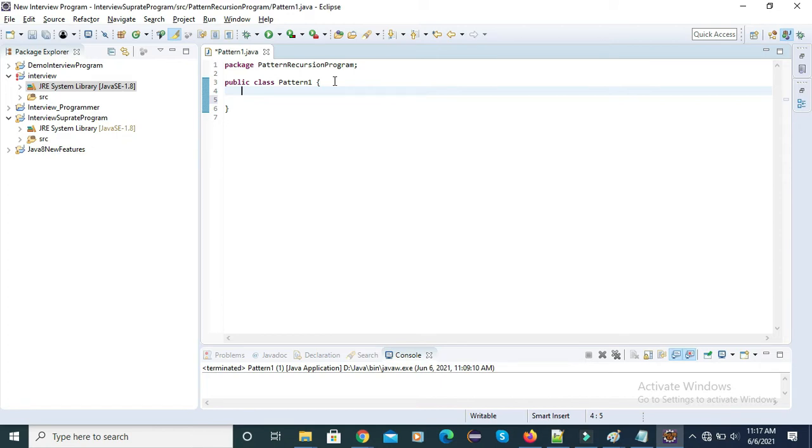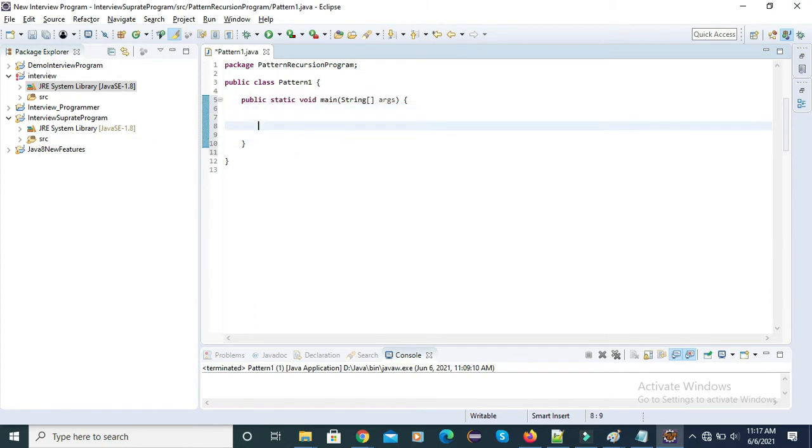For that, first we have to define the main method. In that main method we have to declare two for loops, because our pattern has rows and columns. The first for loop is responsible for rows, and the second for loop is responsible for columns.